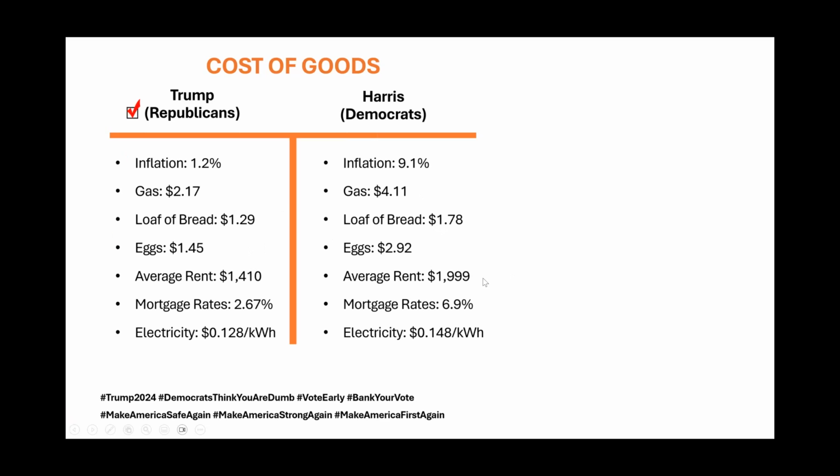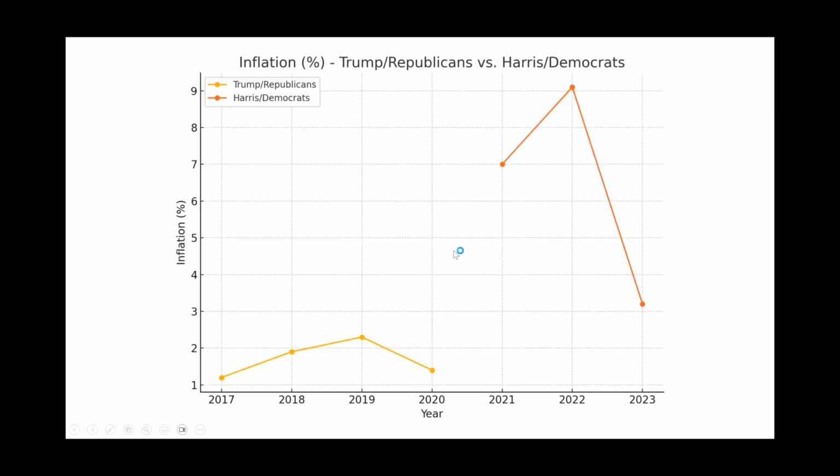We like to actually use visuals. Inflation. This is what inflation looks like. This is a great chart that you'll be able to use throughout the presentation to make some really bold comparisons. And let's talk about policy. The implementation of Trump and the Republicans on policy for inflation: inflation was trending down. When you look at the Democrats, they instituted the Inflation Reduction Act and some policy. Inflation spiked. Inflation is going down.